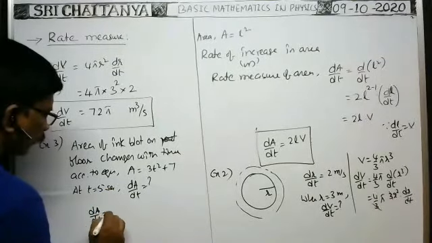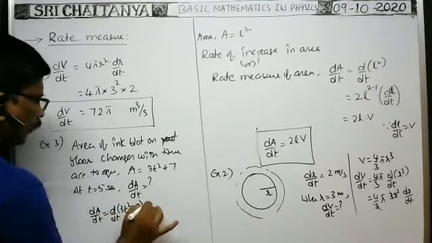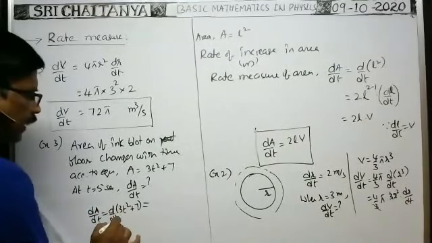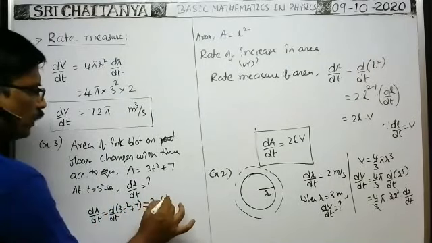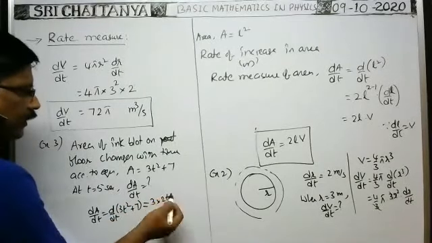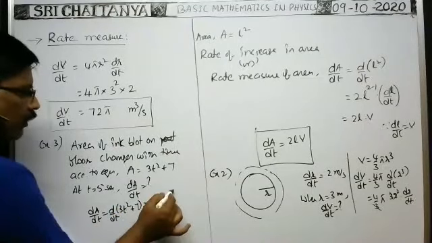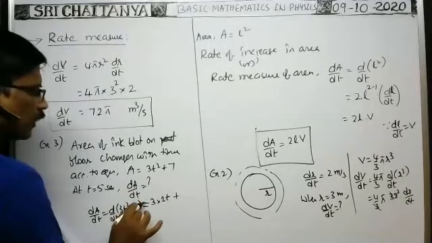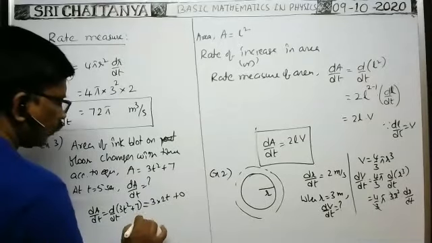dA by dt is equal to d by dt of 3t square plus 7. Tell me what is the differentiation of this. First differentiate 3t square. d by dt of 3t square: 3 is constant, you keep it aside. d by dt of t square means 2 into t to power 2 minus 1, that is t. Here it is t, so you need not write dt by dt, as we are differentiating with respect to t only. Even if you write dt by dt, they cancel. Plus the differentiation of a constant alone, which is not multiplied with a variable, becomes 0. That is equal to 6 into t.